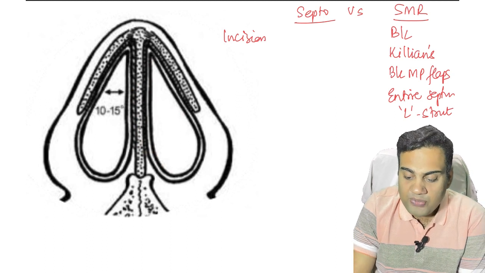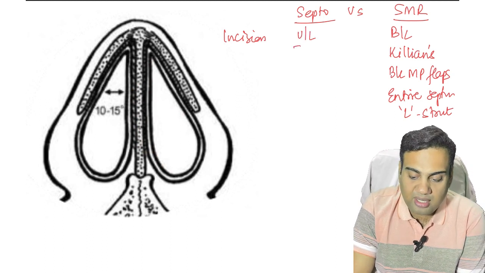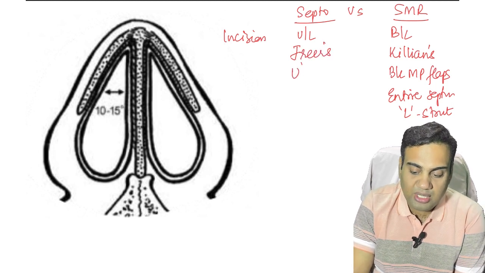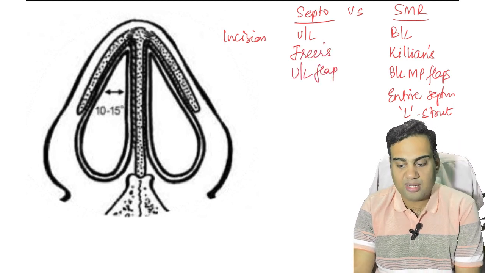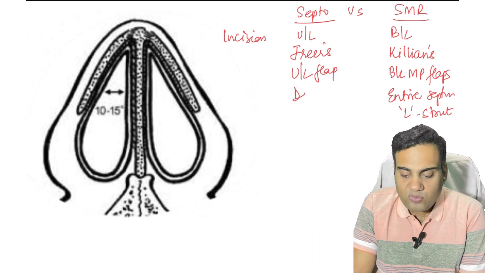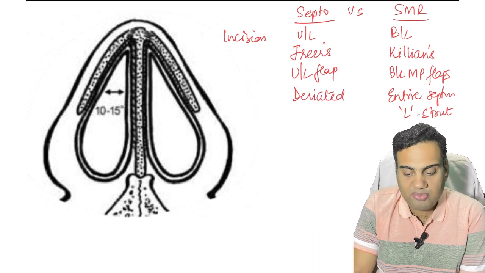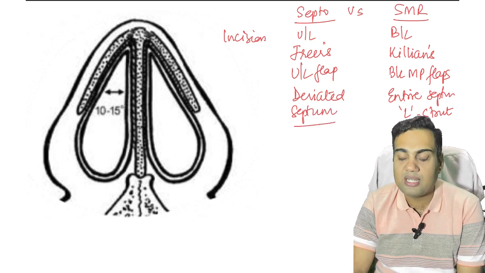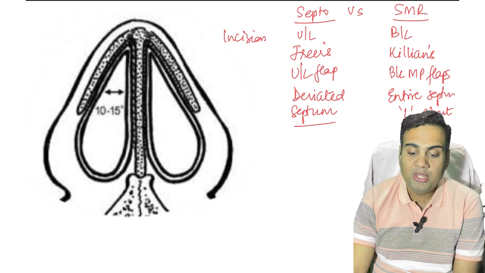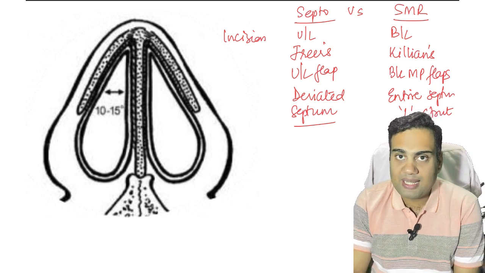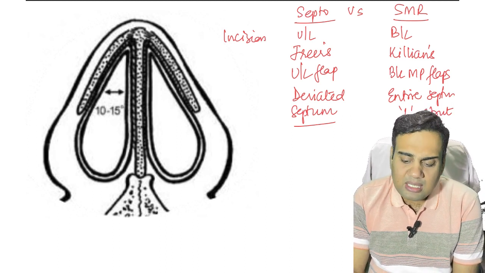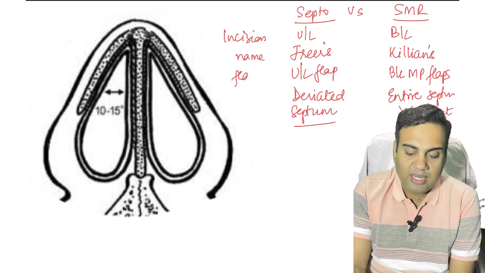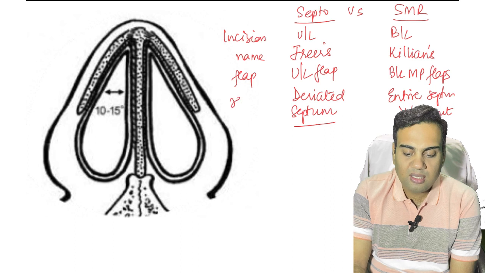So what we do, the incision is given unilateral. This is called as the Freer's incision. Unilateral flap is raised, and only the deviated part of the septum is removed. The rest of the septum is left behind. All right, rest of the septum is left behind. It is but obvious that